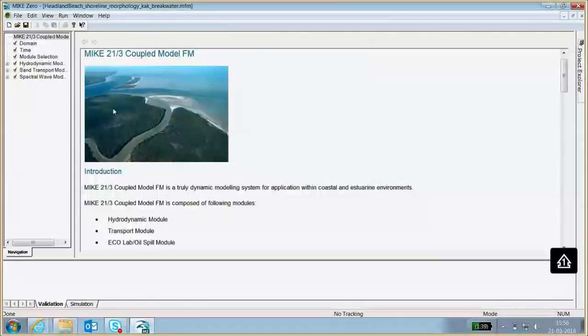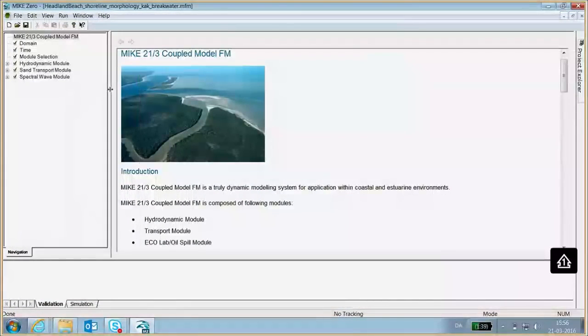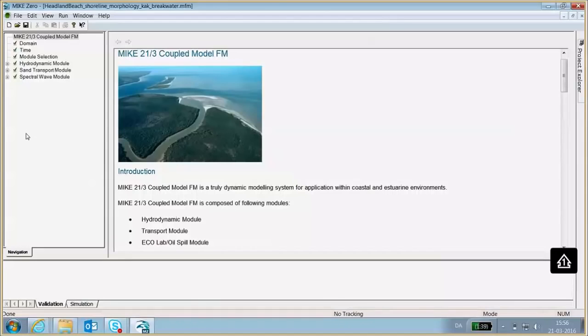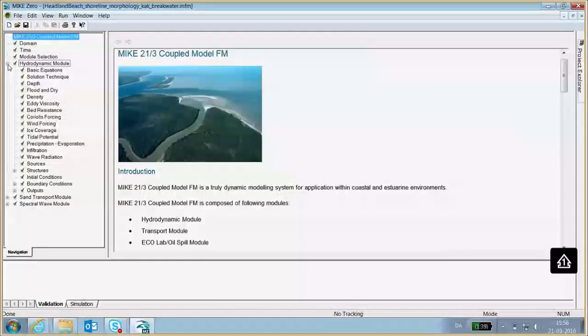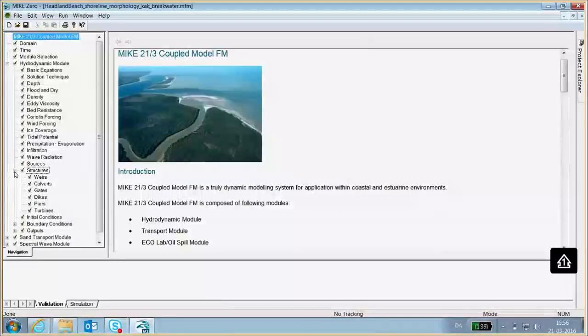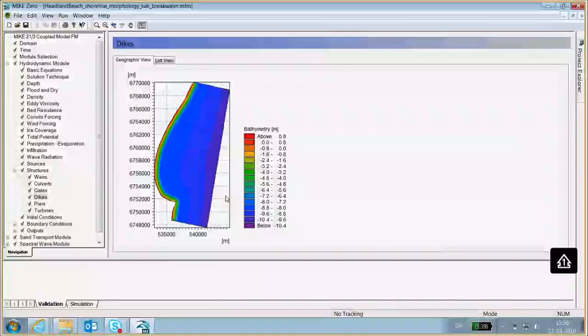Now the breakwater we're going to introduce using structures in the hydrodynamic model and structures in the spectral wave module. And once we have introduced them in those two modules, then the impact of the structure on the flow field and the wave field is automatically also included in the sediment transport and therefore in the shoreline morphology. So here under structures we will select dike, and then it's actually quite nice, this tool,